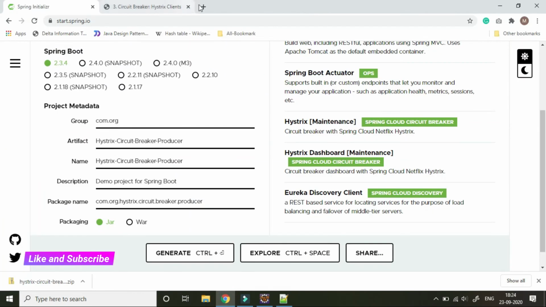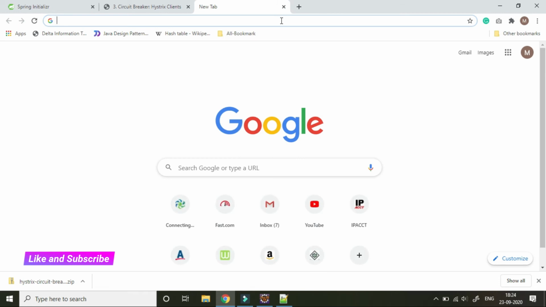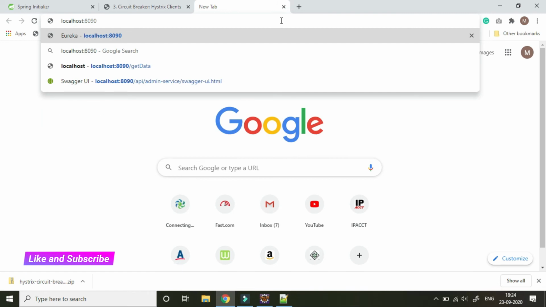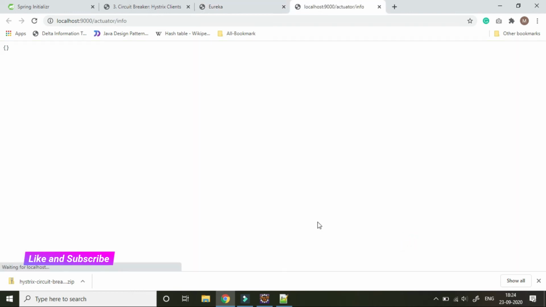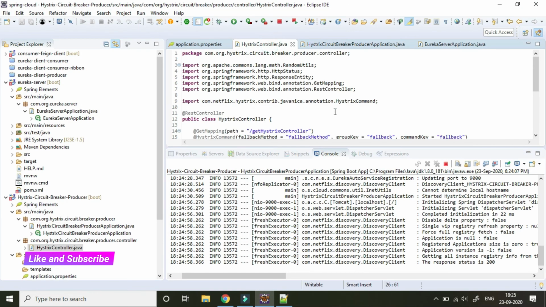So now we will start our Hystrix circuit breaker producer. Now we'll check our Eureka server dashboard. Yeah, the Hystrix circuit breaker producer has already registered itself. Now we will try to access the Hystrix endpoint.